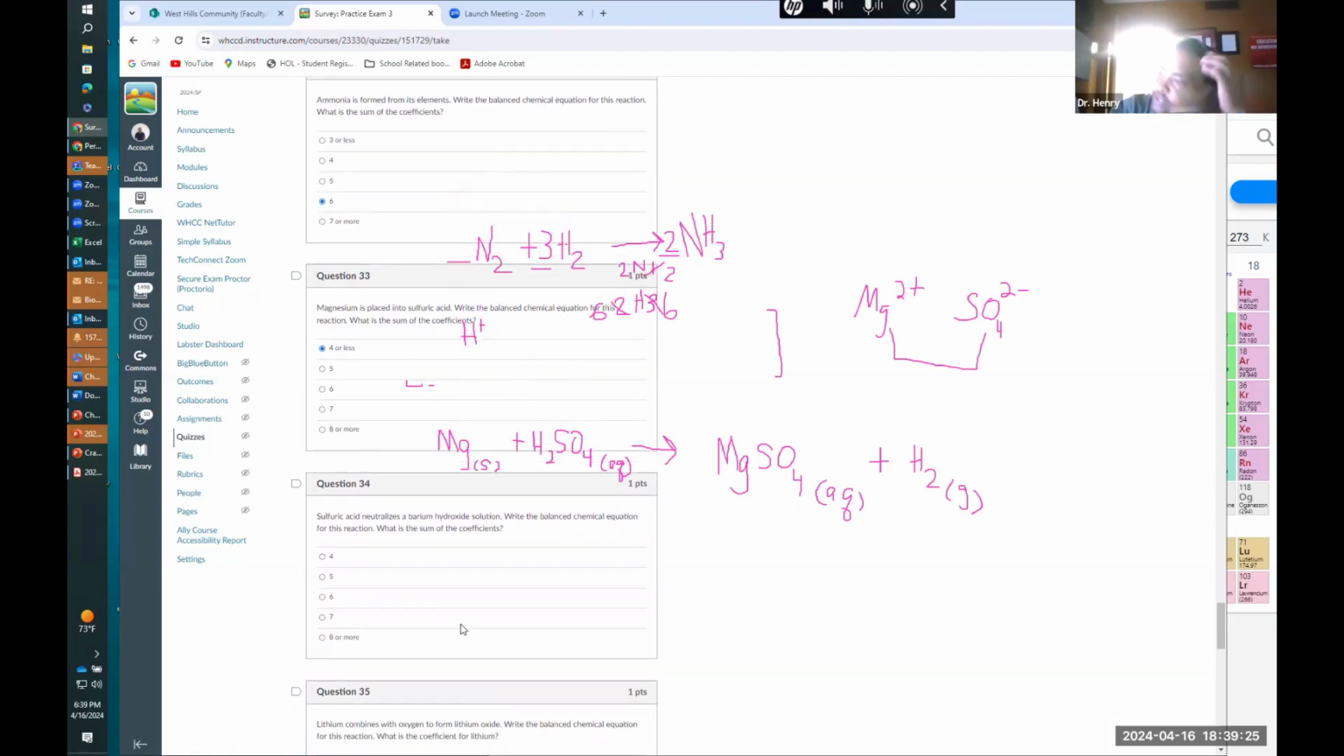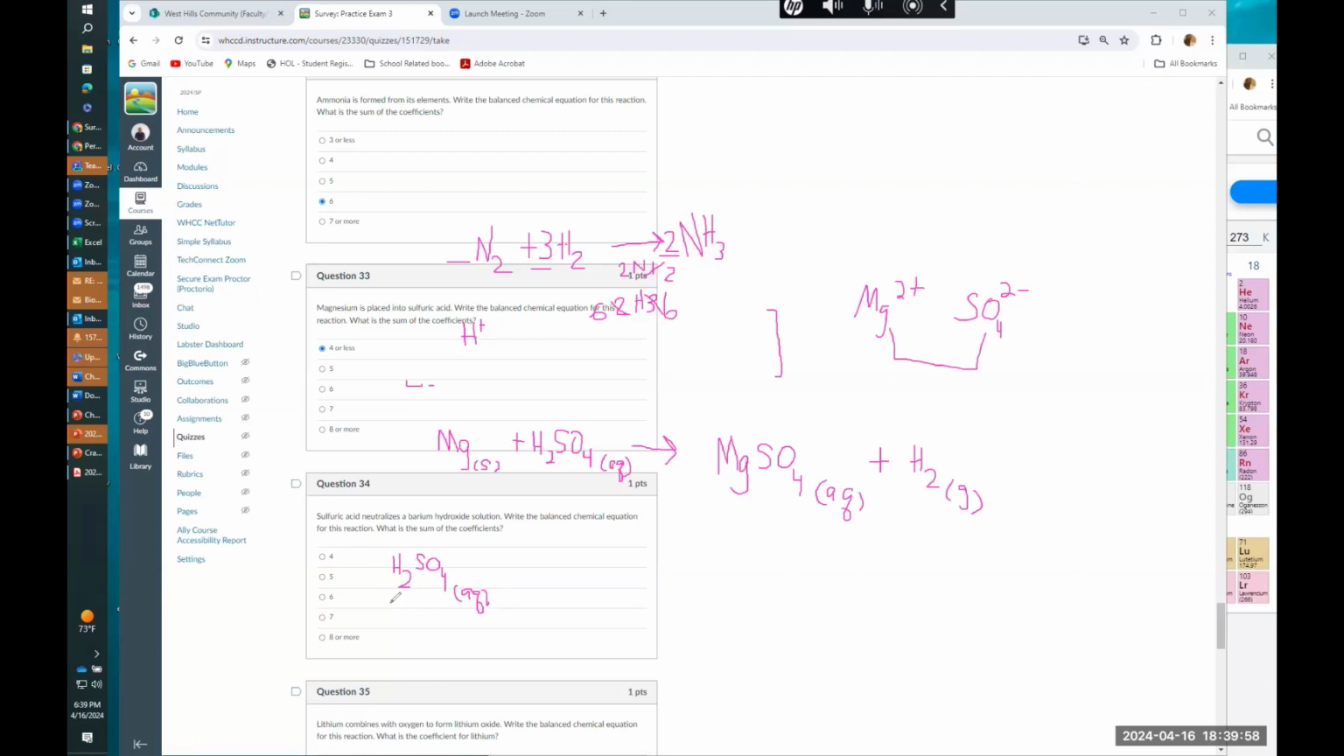Okay, so the next one: sulfuric acid neutralizes barium hydroxide. So we have sulfuric acid, the same acid that we have up here. We can use that. So it's H2SO4. Oh, the H2, I forgot. Yep. And that's AQ, because anytime you see an acid, you know that it has hydrogen in the front, and that hydrogen has to balance out that polyatomic ion. Plus,